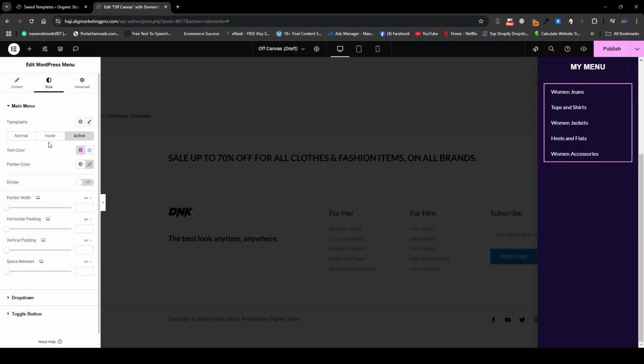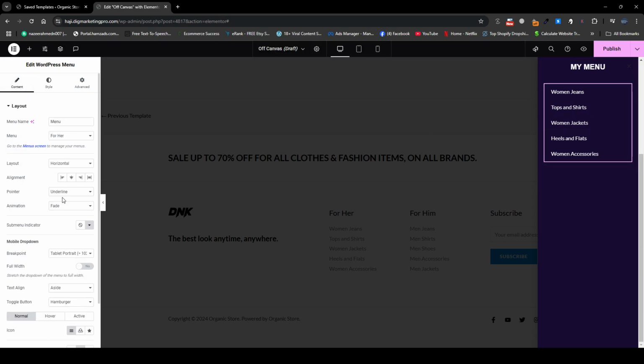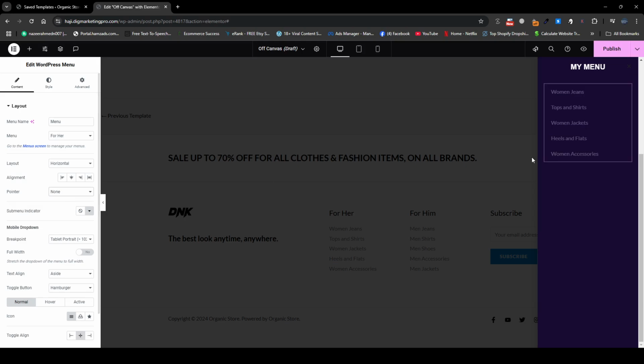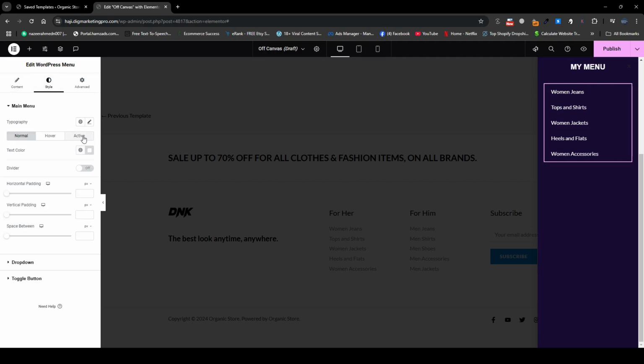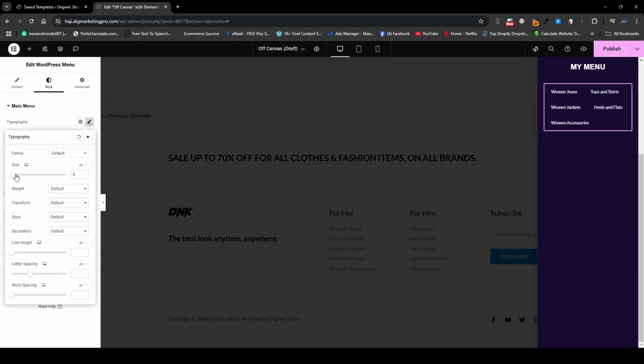Okay, so now let me go back to the content section here. Underline, I will make it none. Here you can see it looks quite good. Let me go to the style tab, typography, and let me make the size a little bit bigger. Yeah, 18 is quite good.